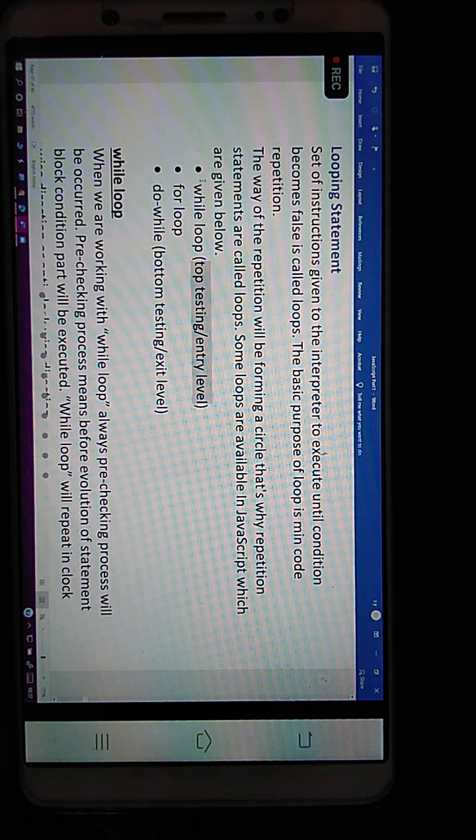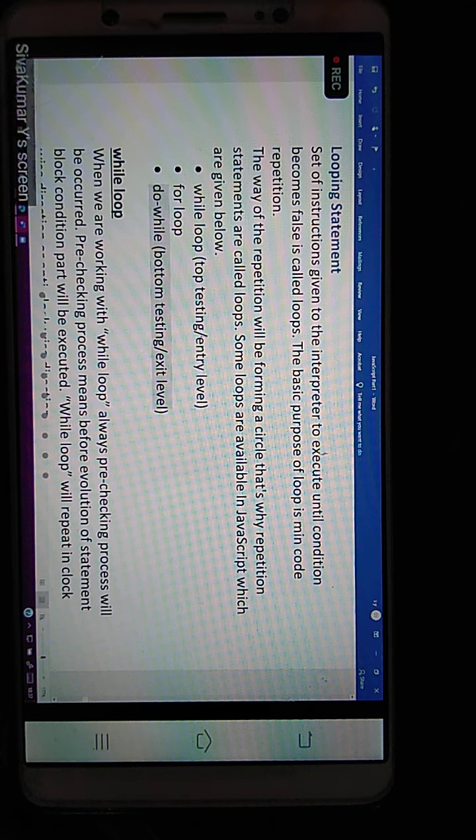And these two loops are the same. At the time of loop entrance, they test the condition. If the condition is true, they enter the loop. If the condition is false, they go to the next task. But what about the do while loop, sir? Bottom testing.